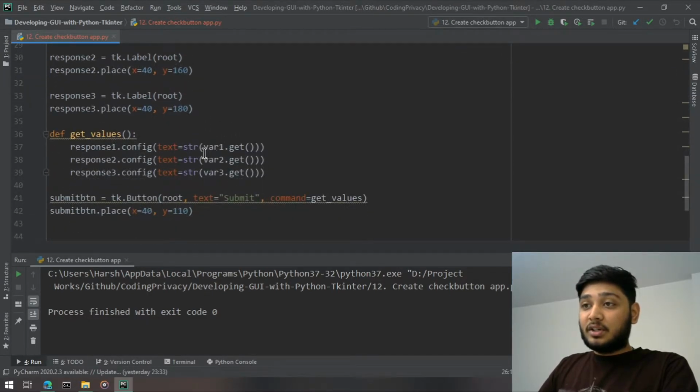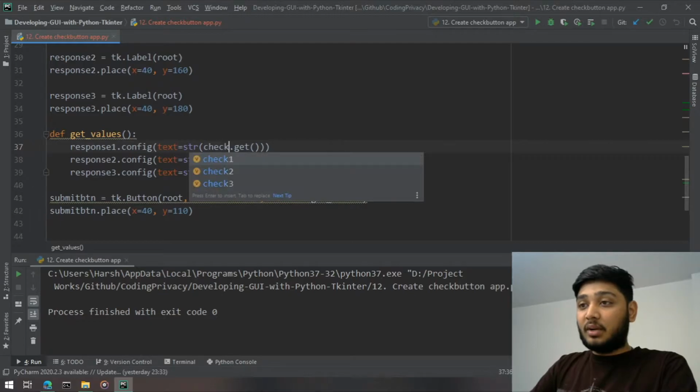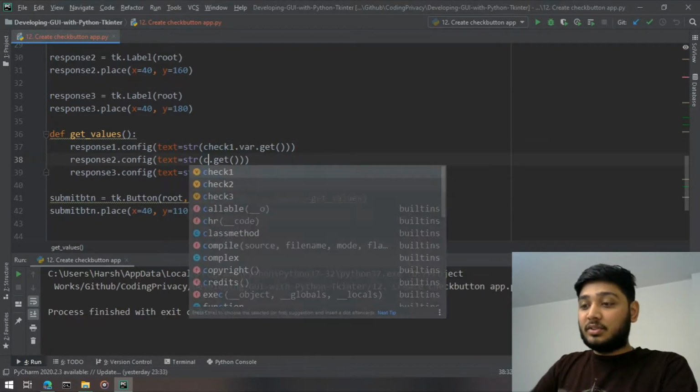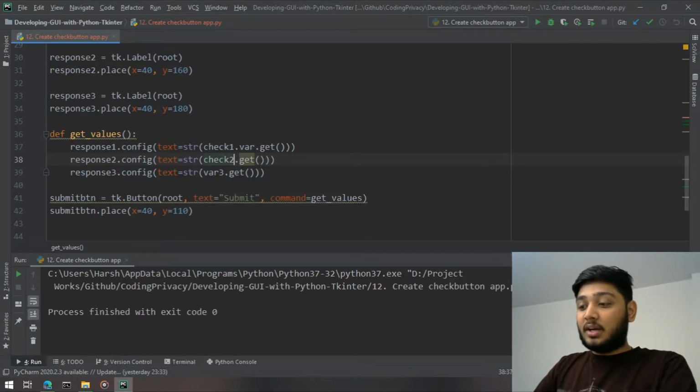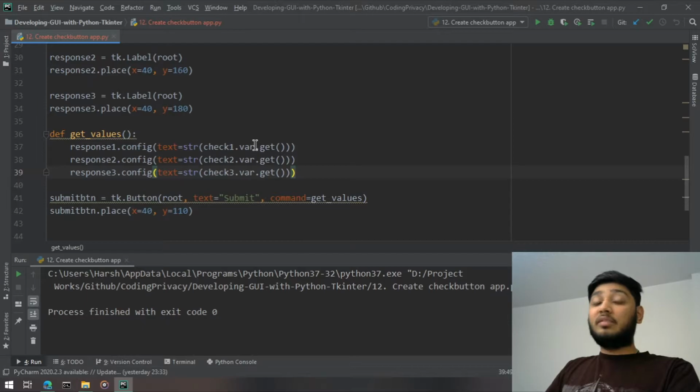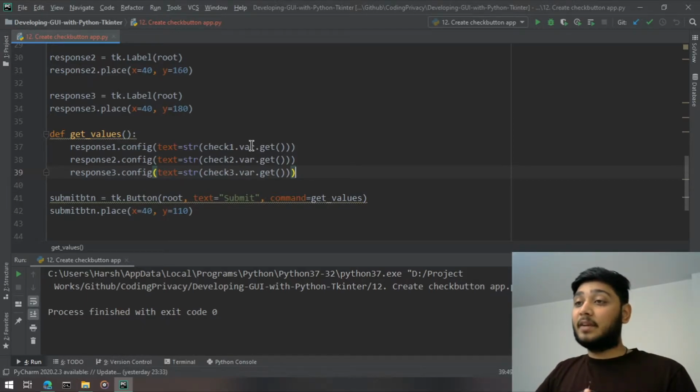Now instead of this, I can do check1.variable.get, same here check2.variable.get, and then check3.variable.get. So you don't need to remember the string variable or the integer variable that we have used, you just need to remember the variable of the check button.